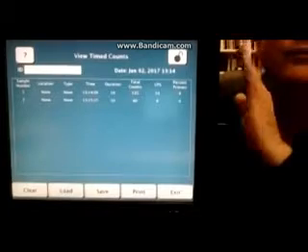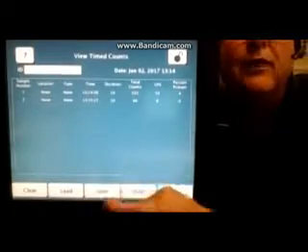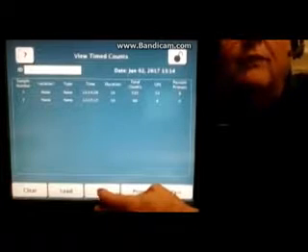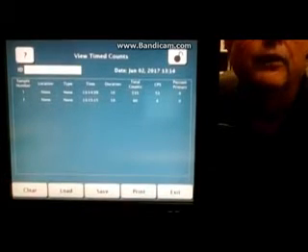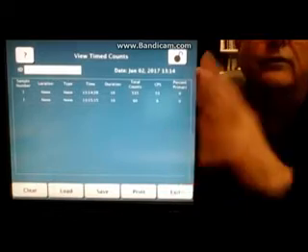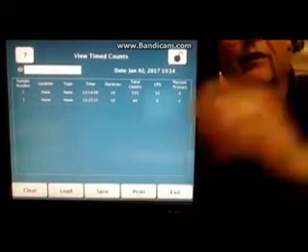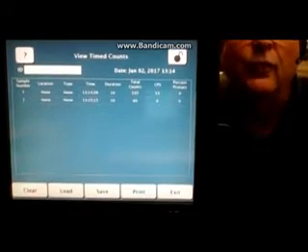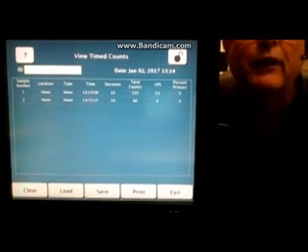You can save this if you want. I find most people don't, but it's easy to save. You can see there's a save button right there. But if you don't, when you finish the study and turn off the machine, then it resets itself and those are all gone. Any questions on the time